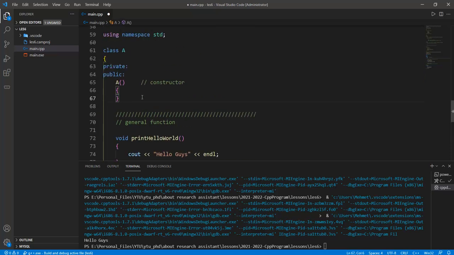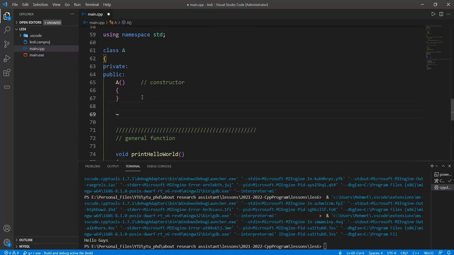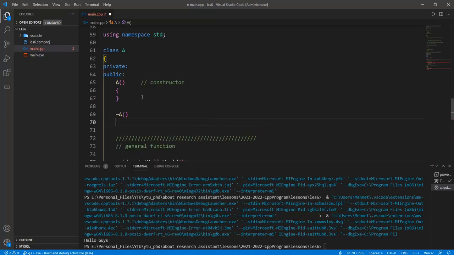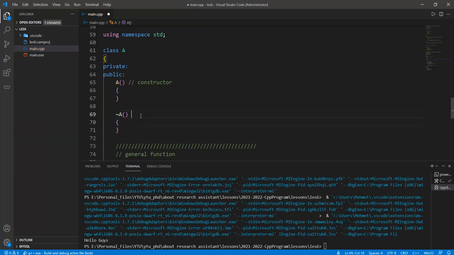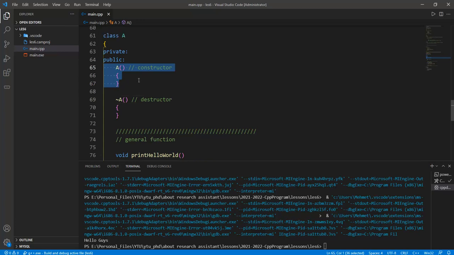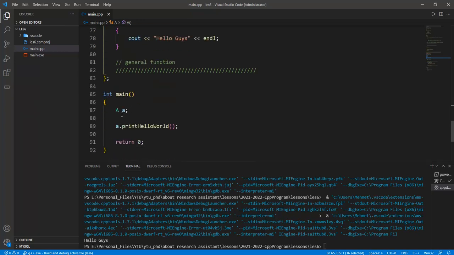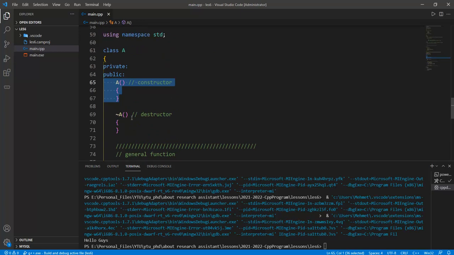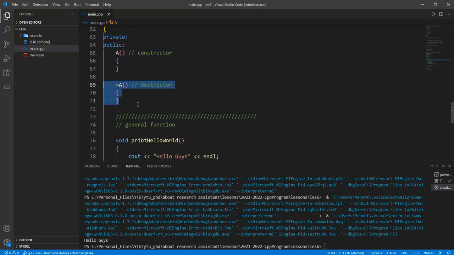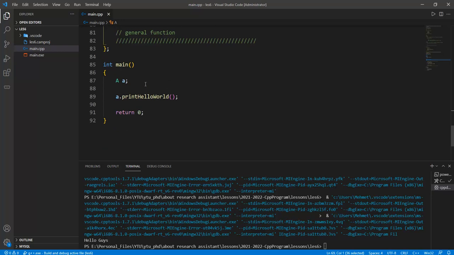Okay, another point is that the tilde operator, together with the name of the class, gives us the destructor object. The constructor is what establishes any variable with the type of class A, and the destructor is the object that removes or frees every space in the RAM location. So if you want to destroy the variable in the main function body, we should call the destructor,